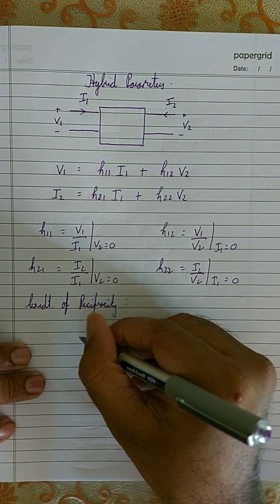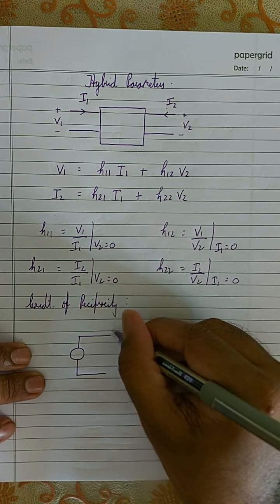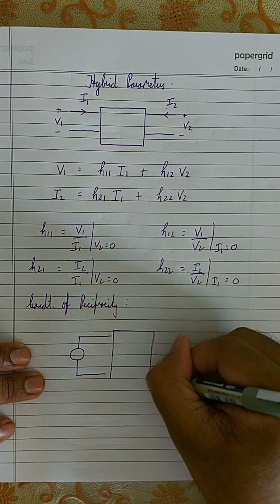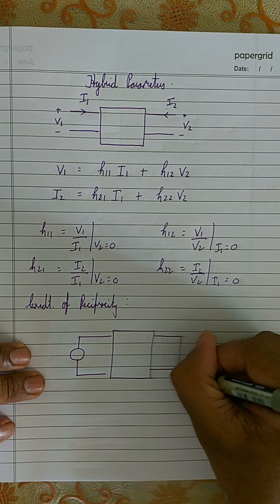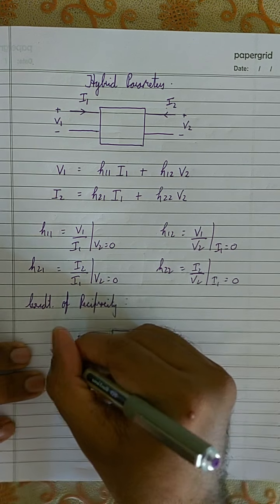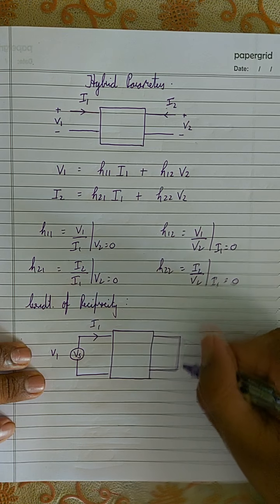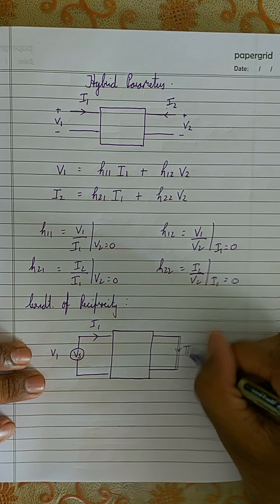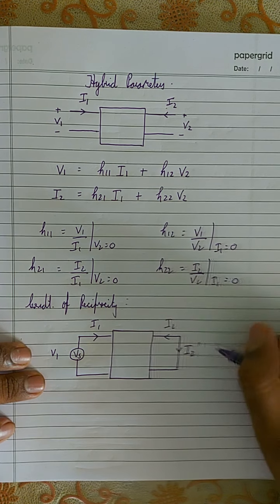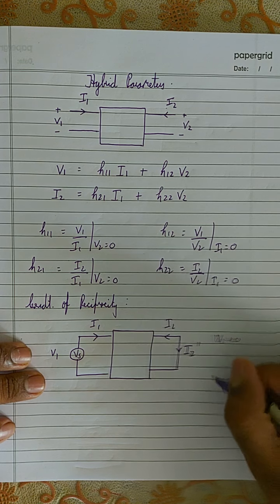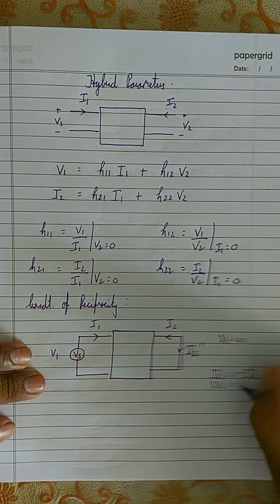So here I put the excitation at the input side, and this is my network, and at the output port I am going to make my response. So this is Vs, which means V1 is equal to Vs. This is I1, and this is shorted so that I will get my response, and the response I'm calling I2 dash, and this is I2. Since this is shorted, it means that V2 is equal to 0. So basically my equation is I2 is equal to minus I2 dash and V2 is equal to 0.